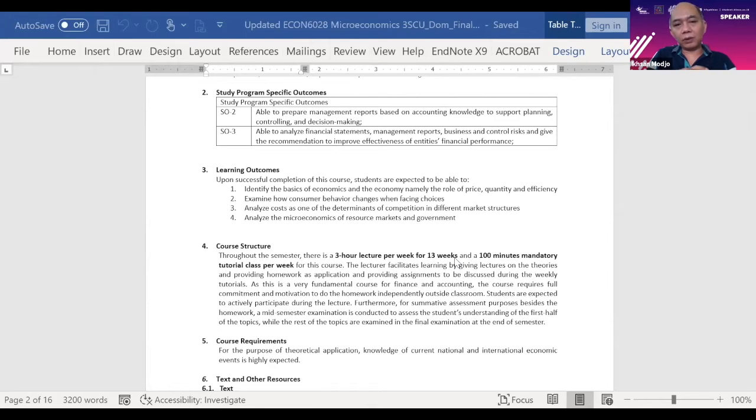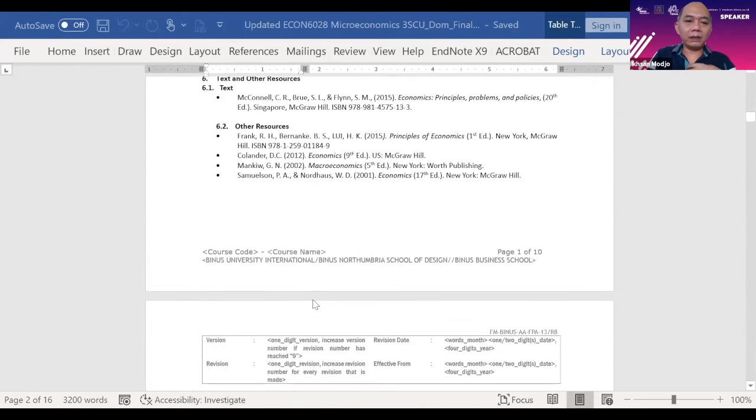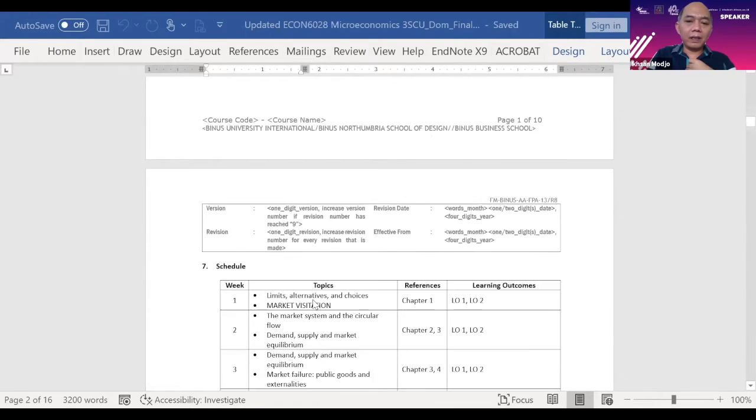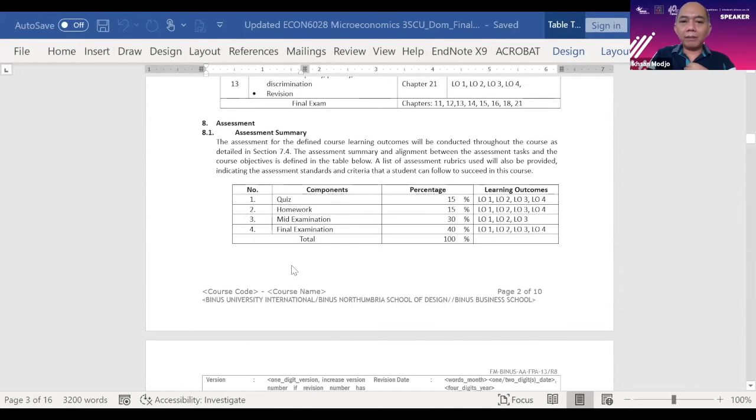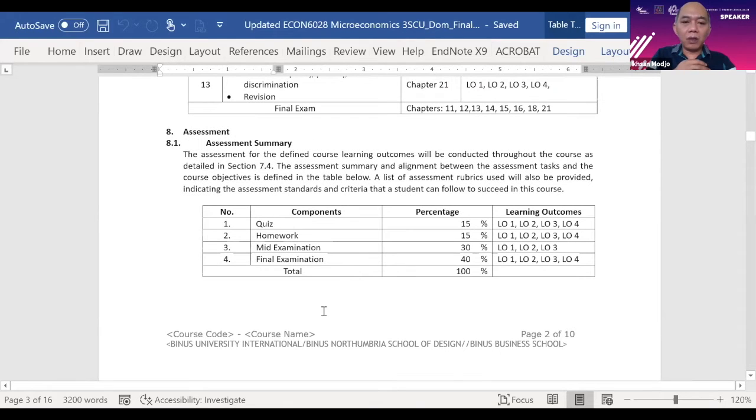What's the purpose of the course outline for you? I mean, how are you going to read this? First, you have to look at the learning outcome, and the second thing that you have to really pay attention to is this: how we are going to assess you, the assessment summary. Just one second, I'm going to make it bigger so you can see. So